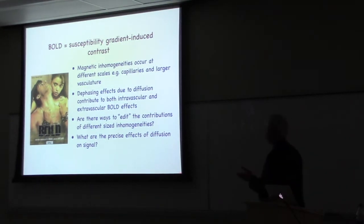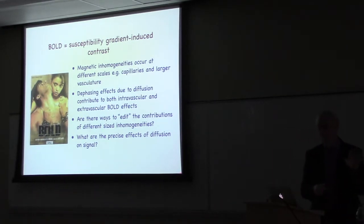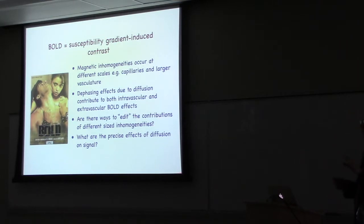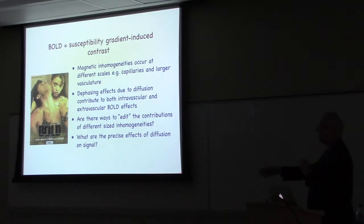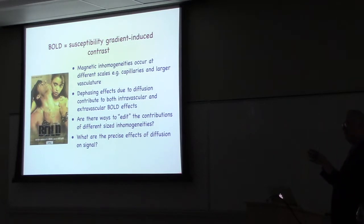These magnetic inhomogeneities occur at different scales. So they occur in capillaries as well as larger vessels. And there's been a problem in the fMRI field with distinguishing the effects from big vessels versus small vessels. Big vessels may be a little bit further away from the action, and in fact they dominate some of the signals, so they don't really tell you about what's happening in the cortex with